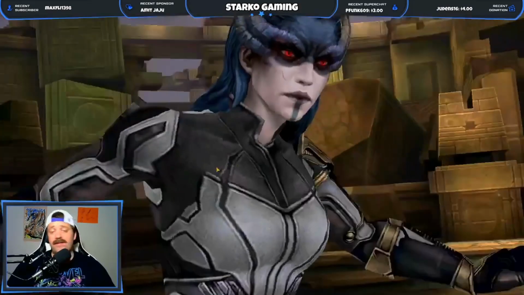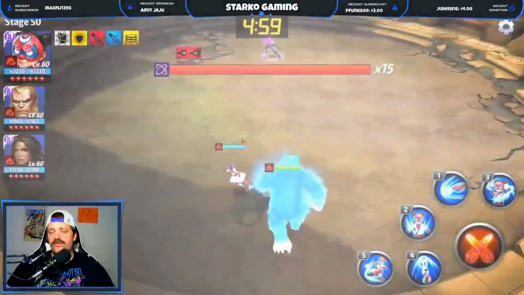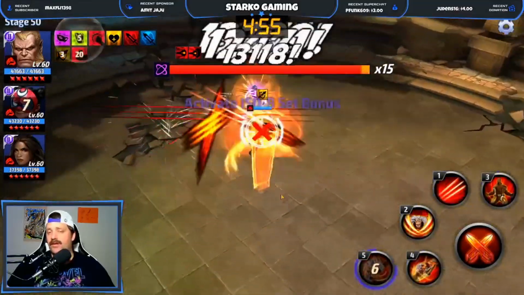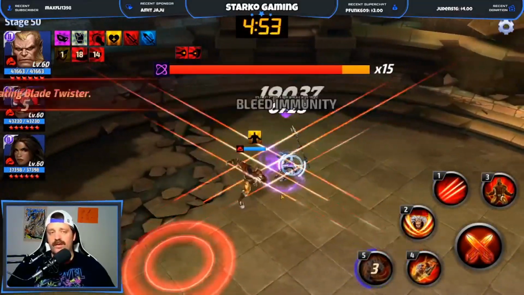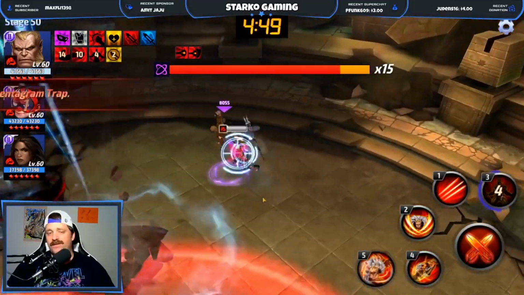But anyway, let's go here and let's show the rotation. The first thing you want to do when you start with this guy is 5th skill. You want to sync that proc on your 5th skill. That's the #1 thing. Then you go with the 3rd skill, and you can see here, very, very easy to